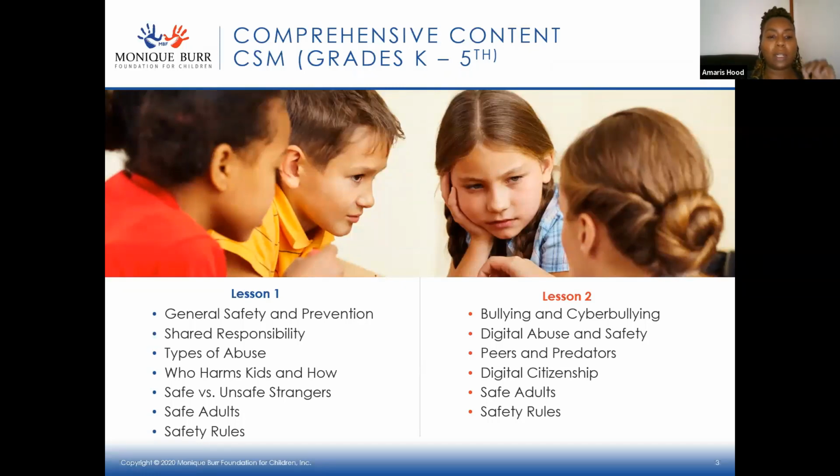Now, in the bullet point about responsibility, one of the things that we say during the lesson is we define what responsibility is. This is something that we say in 3rd through 5th grade. We talk about how the older you get, the more responsibility you will have, and how it's important that we are able to make safe choices concerning our safety. And then I also say